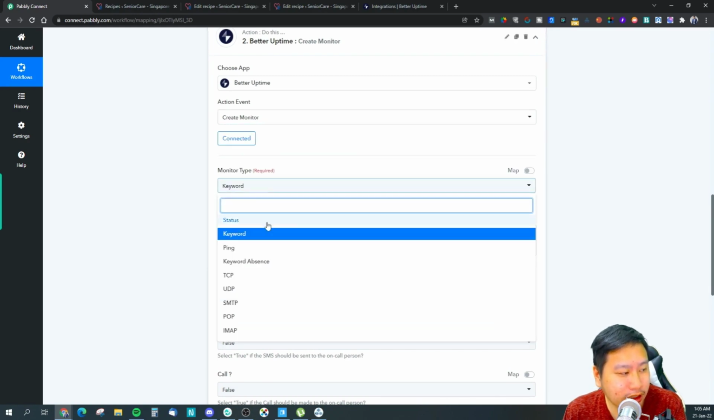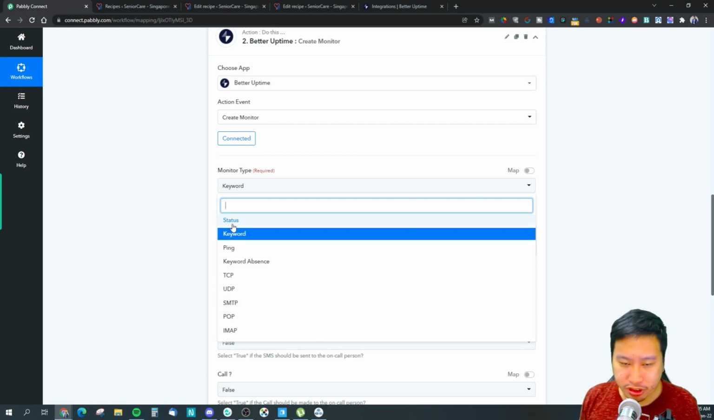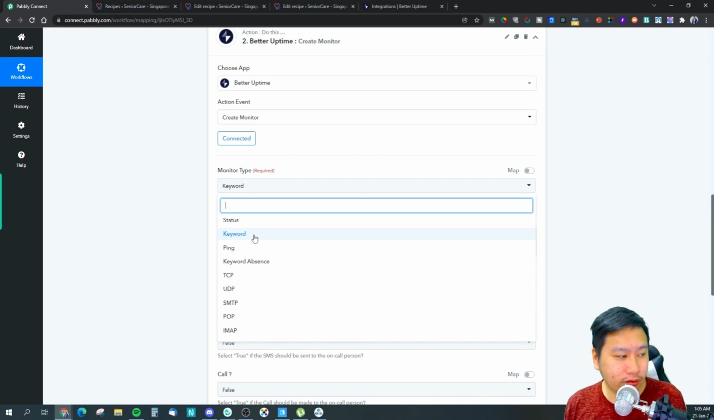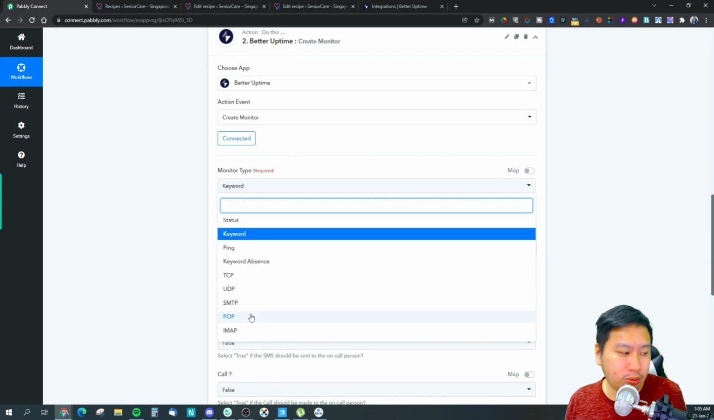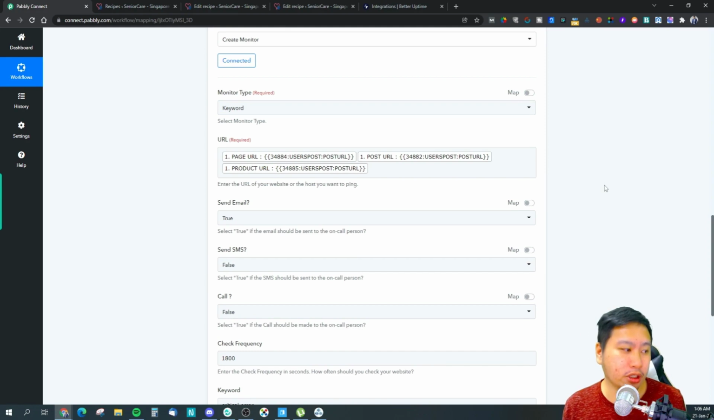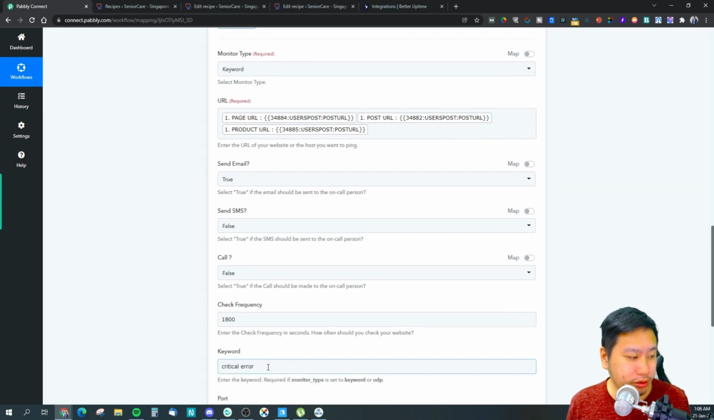Then the monitor type. These are the ones that you can choose for the monitor type. You've got status, which is pretty much just checking if the page is loading, whether you are getting a HTTP 200 response. And you've got keyword, ping, keyword absence, which is the opposite of keyword, and then TCP, UDP, SMTP, POP, IMAP, just to make sure that all your emails are working, your SMTPs are working. So what I use is keyword, and I'm going to be